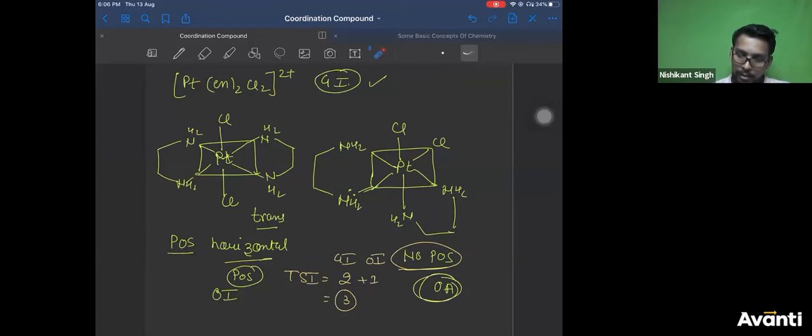Optical isomers are one, Venkatesh, one optical isomer, that is the mirror image of this. The mirror image of this will be considered as the optical isomer. Platinum, the mirror image will have Cl here and Cl here, then two bridging ligands here. This will be the mirror image of that, Venkatesh. Okay? Chalo, that's all I wanted to discuss about isomerism.